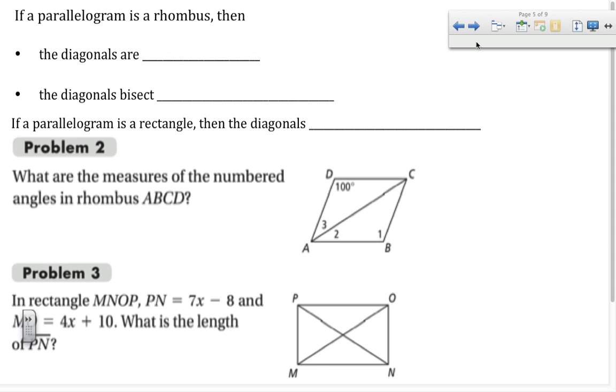So again, in your notes, if a parallelogram is a rhombus, then the diagonals are perpendicular and the diagonals bisect opposite angles. If the parallelogram is a rectangle, then the diagonals are congruent. So in problem 2 of your notes,